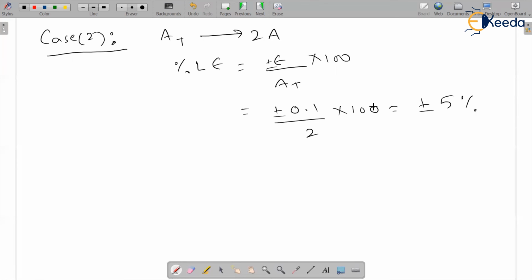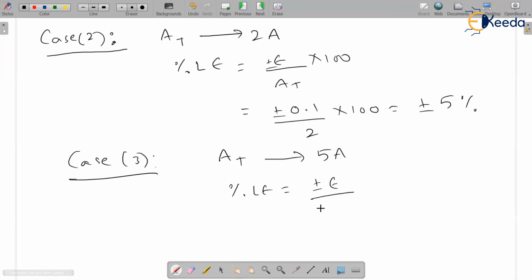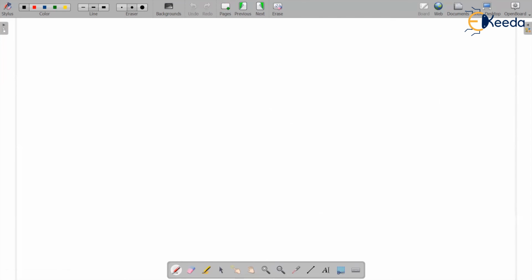Then next, case 3. In this case 3, what is my true value? It is 5 amperes. So percentage limiting error is equal to the error with respect to the true value times 100. Substituting in the same way, percentage limiting error is equal to plus or minus 0.1 by 5 into 100,